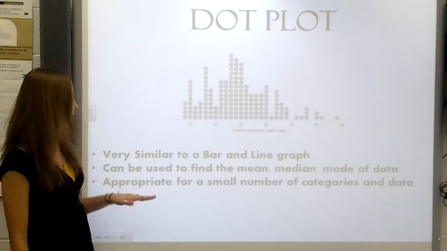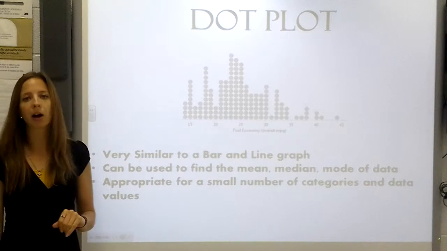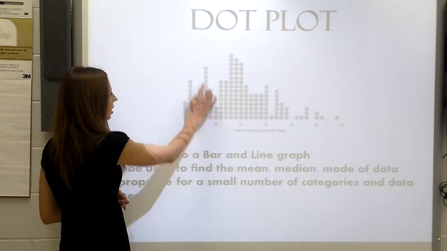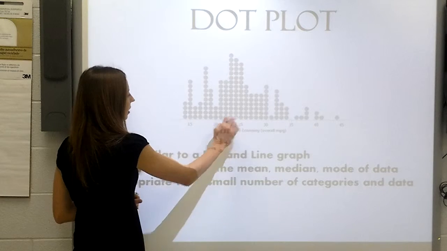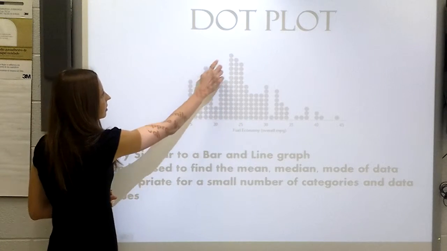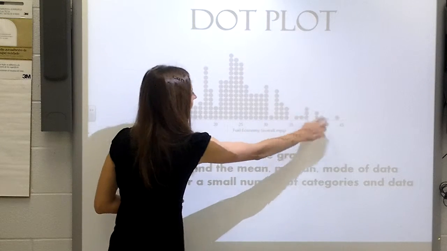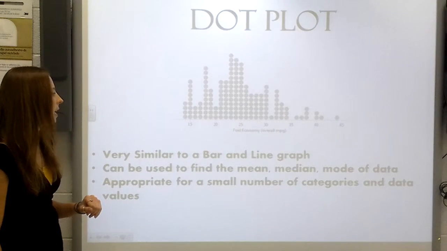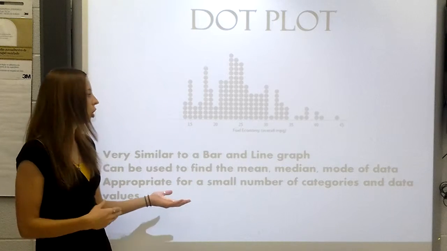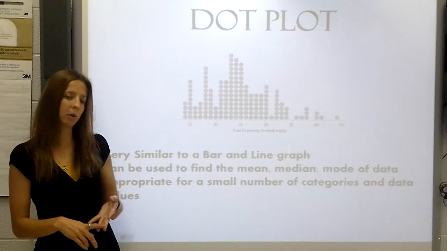Starting with the dot plot, it's very similar to a bar and line graph. If you look, the dots kind of look like bars on a bar graph, okay? Also, you could connect them kind of like you would on a line graph, okay? The nice thing here is that because it's a quantitative chart, we can find the mean, median, mode of the